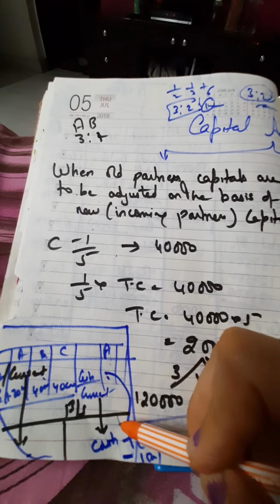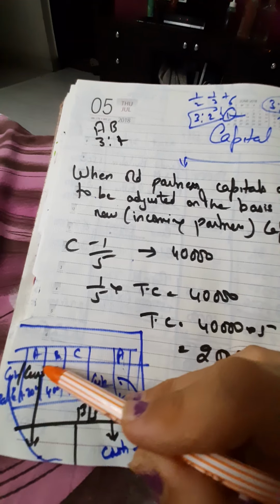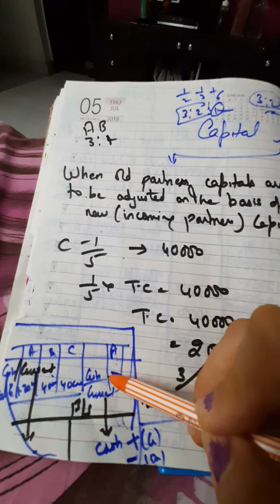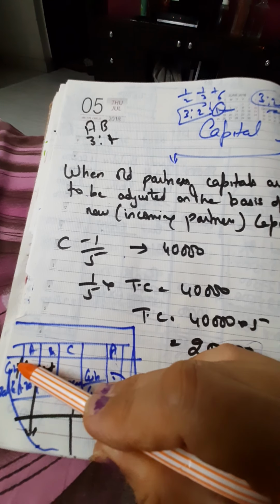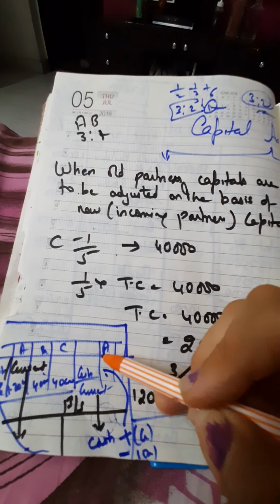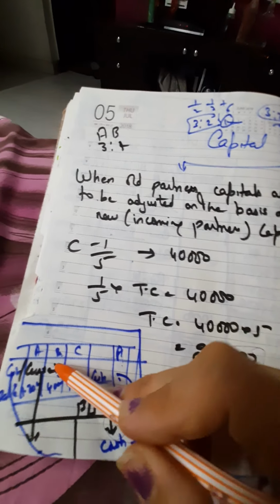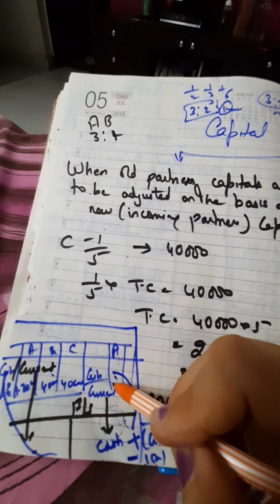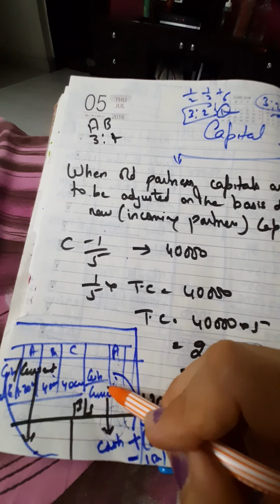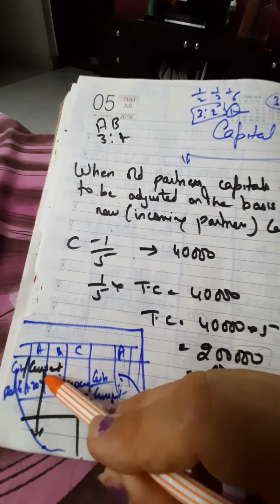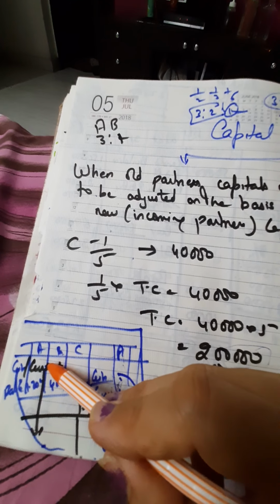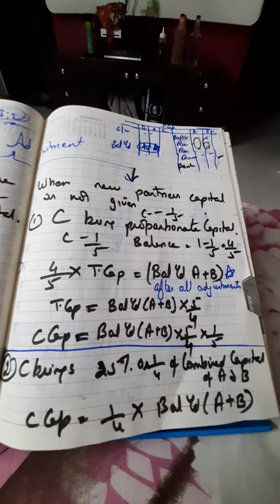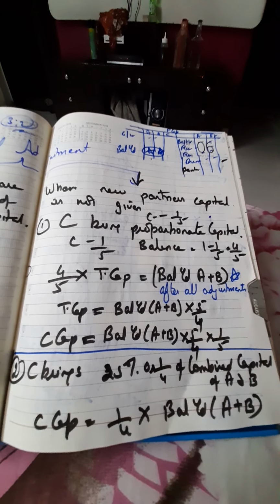Now the cash which is coming on the credit side of the capital will be added in the cash when we make the balance sheet, and the debit side cash will be subtracted, because this cash means that he's bringing in and this cash means he's withdrawing. So in cash, credit side cash will be added, debit side cash will be subtracted. Similarly, if current account is on credit side, it will be shown on the asset side, and if it comes on the debit side, it will be shown on your liability side.